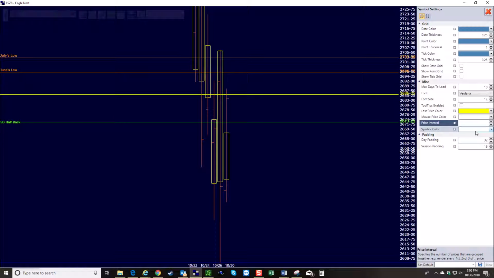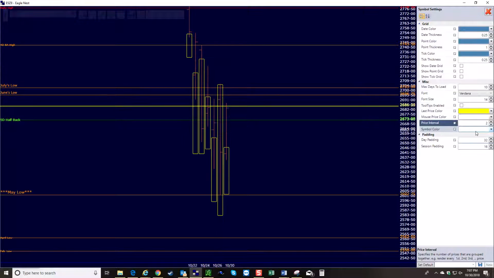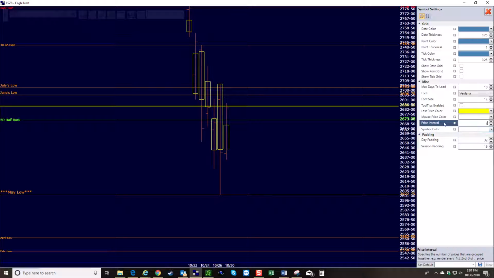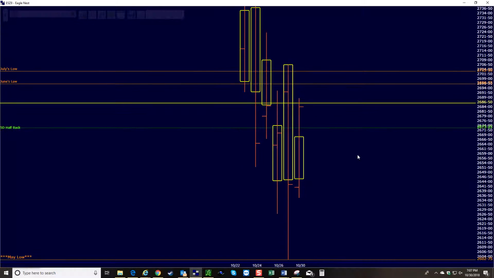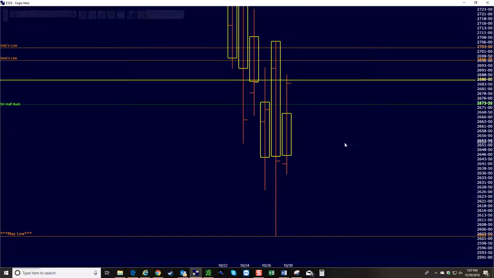When you have an elongated profile, you can shorten it by just increasing the price interval. Right now I have it at 1, so that shows at quarters. You can increase it to halves or dollars. A dollar would be 4, but I'll just do it by halves for now, so that way we can fit everything that we want to see on the screen. Okay, so